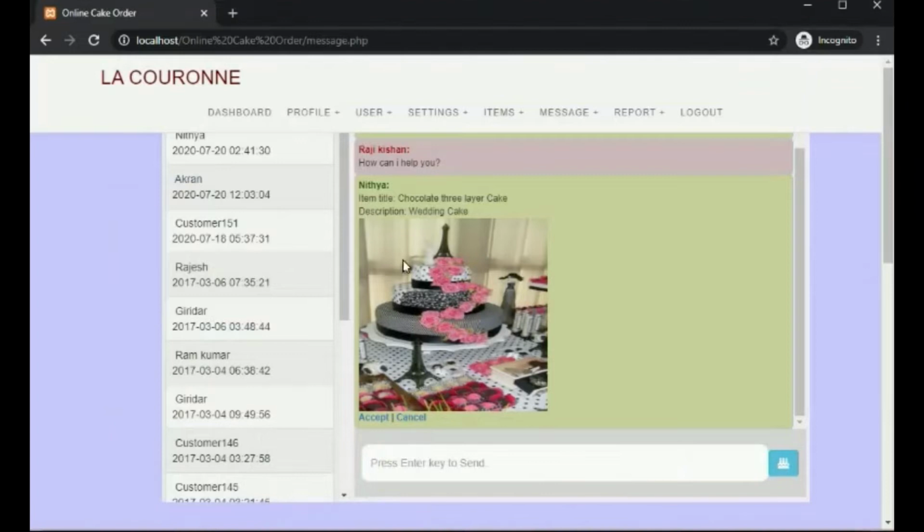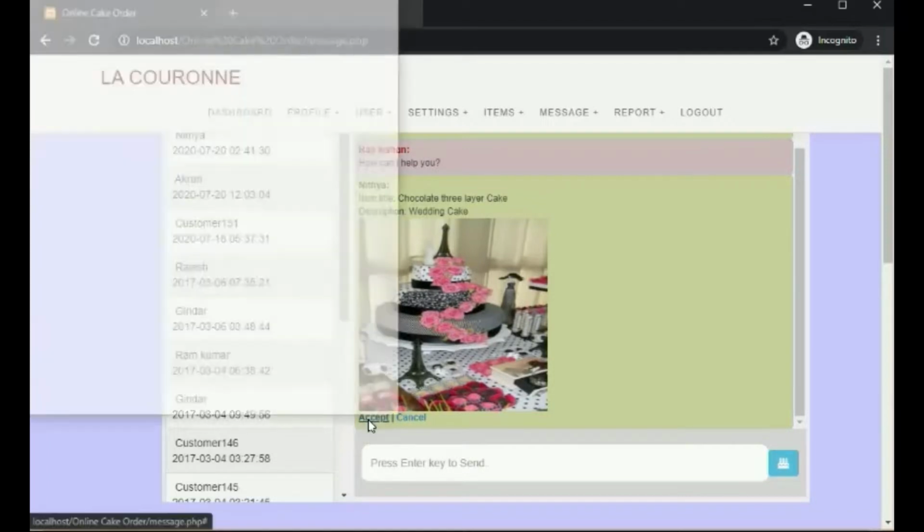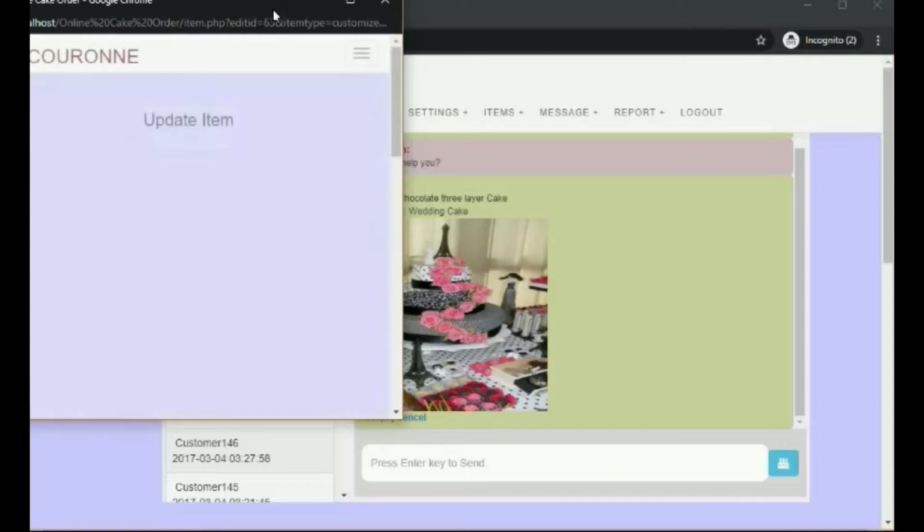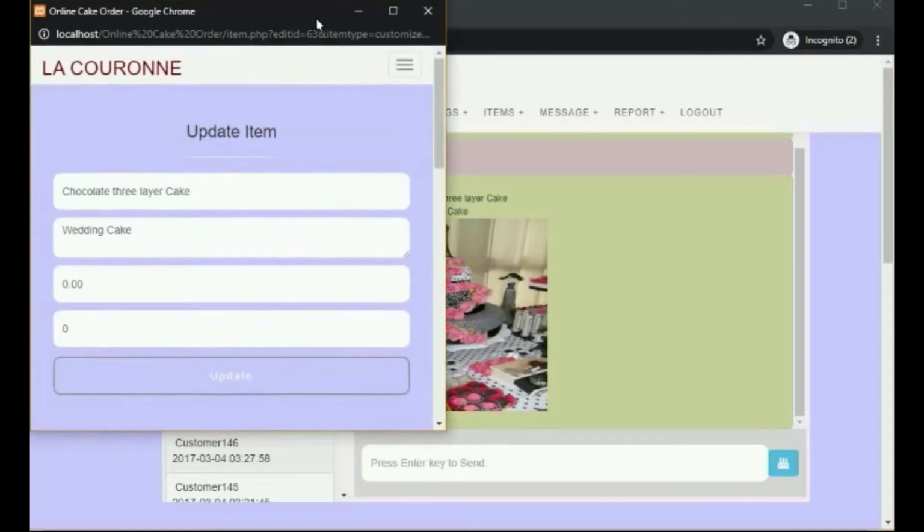Under staff, we can see that the customer order is received, and there is an option called accept and cancel. On clicking on accept, the staff must mention the cost details for that particular cake.